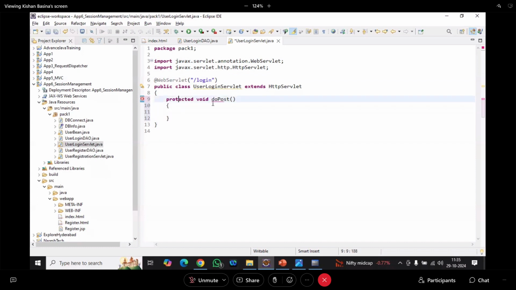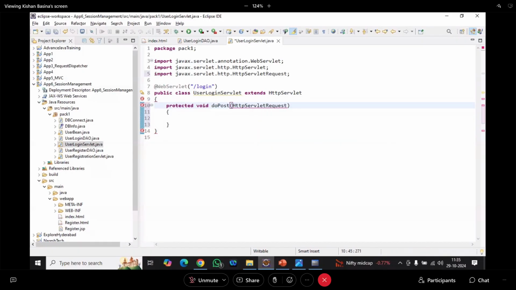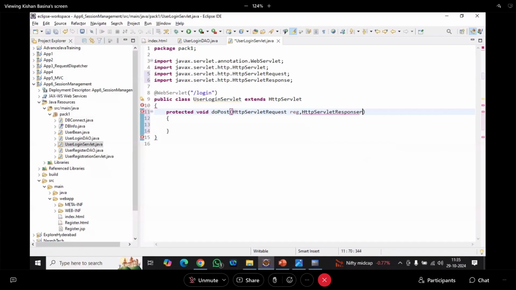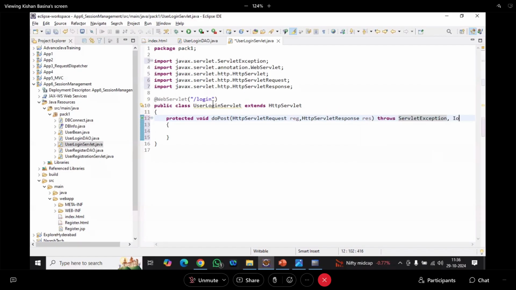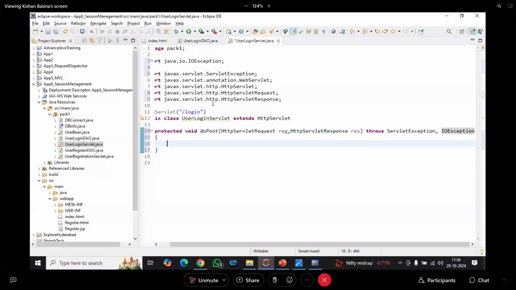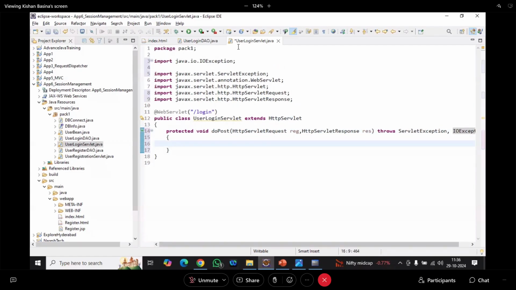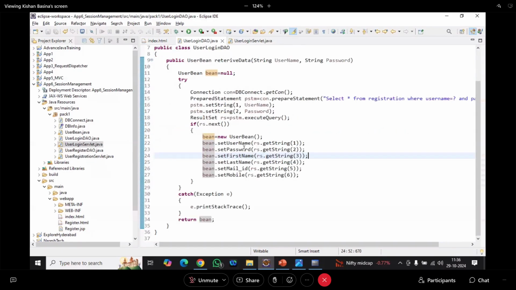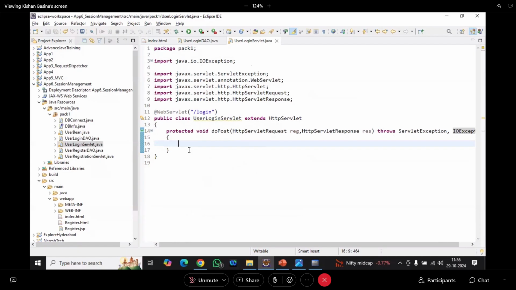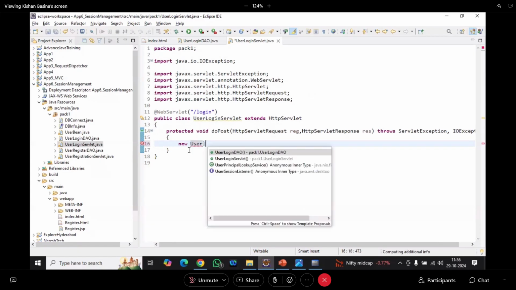Parameterized method or non-parameterized method? HttpServletRequest req, comma, HttpServletResponse res. Okay, and here throws ServletException, comma, IOException. All right. Now, I need to call this method. Where is this method present? UserLoginDAO. Okay, new UserLoginDAO, and